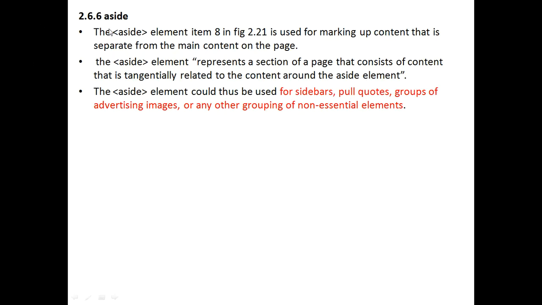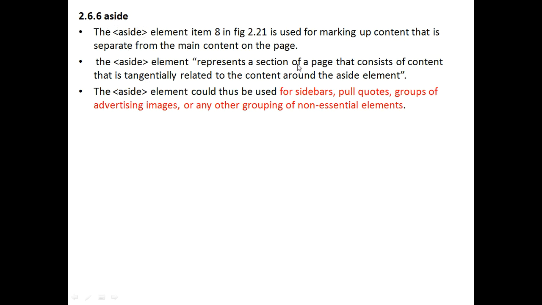Now aside is one more thing. The aside element is used for marking up content that is separate from the main content on the page. We are displaying some main content there. Instead of that main content, if you want to display some highlighted notes or sticky notes within that particular page, you are supposed to use an aside tag.